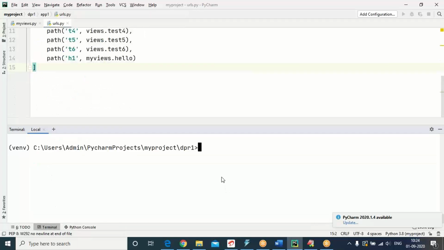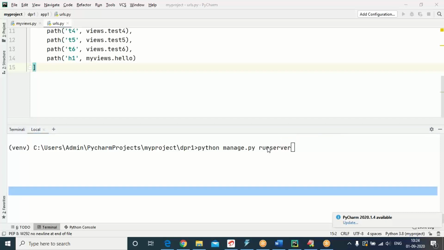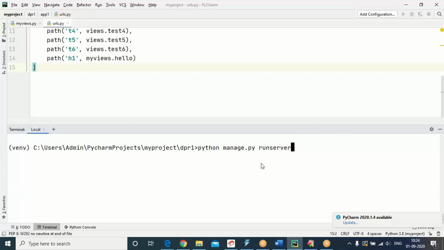Open the terminal. Start the Django project. From the project folder, trigger python manage.py runserver.